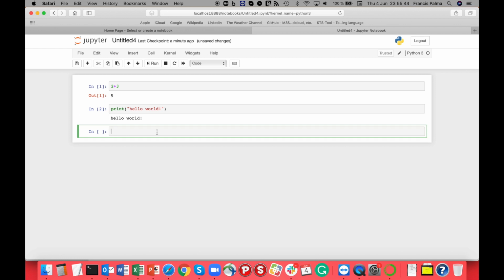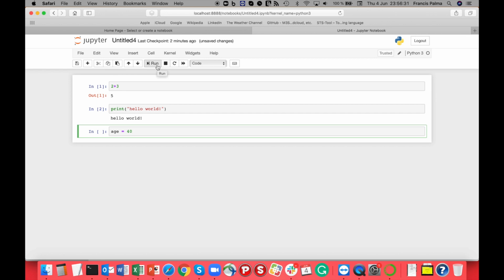Python can be useful when you also need variables. So you know what a variable is, right? A variable is a placeholder or a name to which you can assign some values. It can be a numeric value, it can be a string value, or so on. So for example, I have this variable called age, and let's say I assign 40 to this age variable, and then